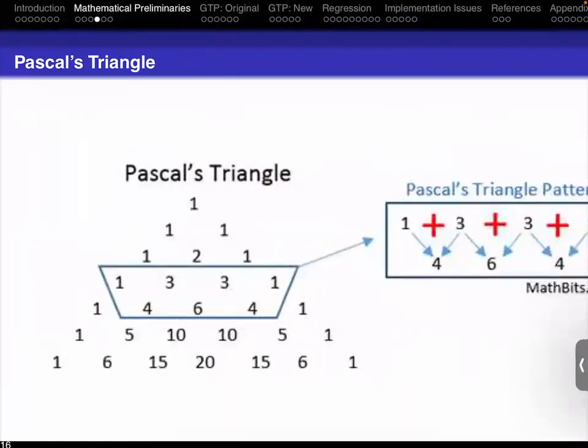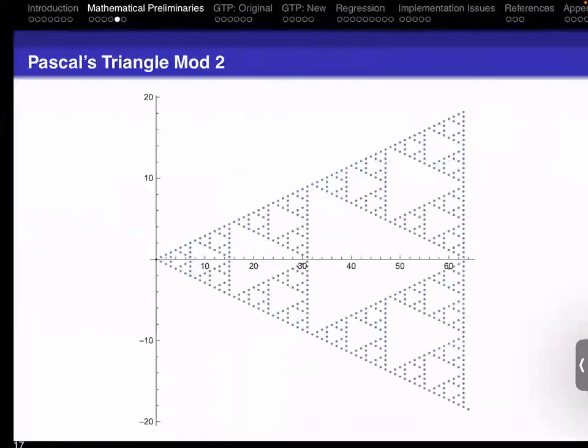Okay. So we've talked about Pascal's triangle. There's a lot of other interesting relationships you can do. What's 1 + 2 + 3 + 4? 10. What's 1 + 3 + 6 + 10? 20. This is called the hockey stick identity. I'm not making this up. It really is the hockey stick identity. When you sum diagonally to the left, the next number you get is to the right.